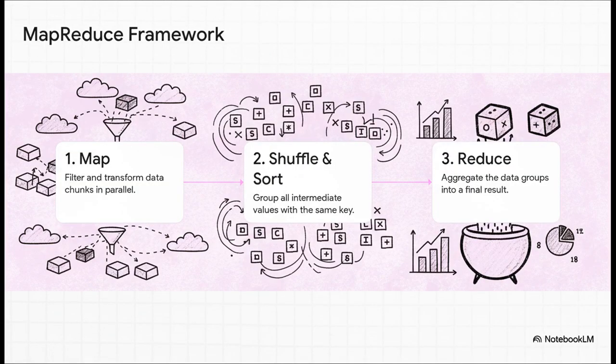The classic example of this is a framework called MapReduce. Imagine your job is to count every single word in the entire Library of Congress. Impossible, right? Not with MapReduce. The map step is where you give one book to 1,000 different people and tell them just count the words in your book. Easy enough. Then comes the shuffle and sort step. This is where everyone who counts for the word "the" puts their results in one pile, everyone with "and" puts their results in another pile, and so on. And finally, the reduce step. You just have one person add up the numbers in each pile to get the grand total. See? You just turned an impossible job into thousands of really simple ones.